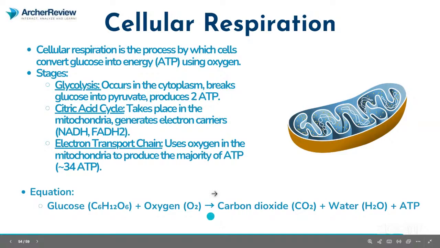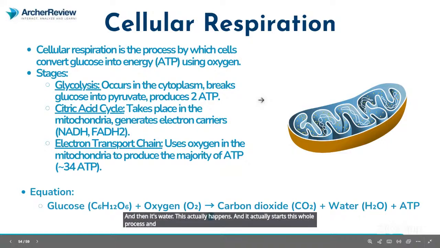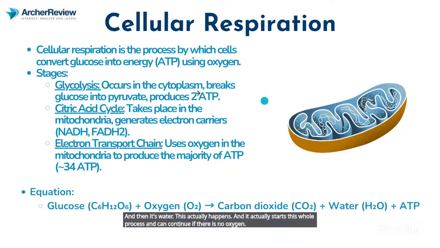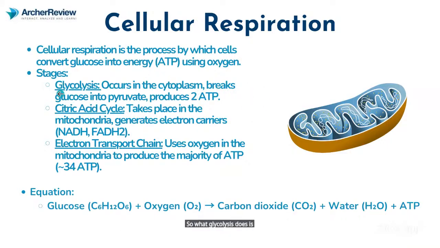And then it's water. This actually happens just, and it actually starts this whole process and can continue if there is no oxygen. So what glycolysis does is it breaks glucose into something known as pyruvate, and it produces 2